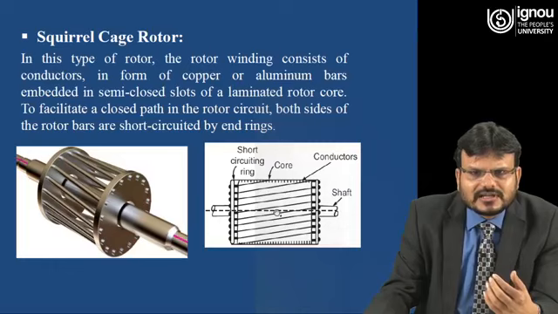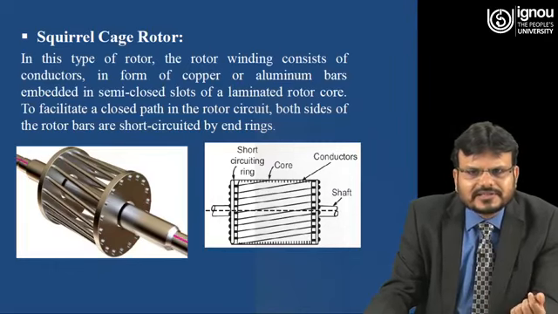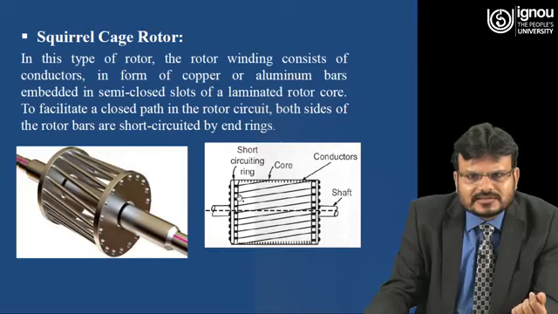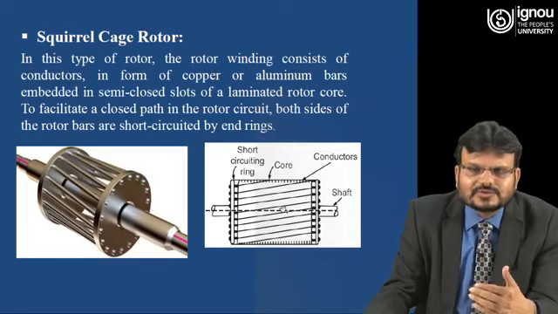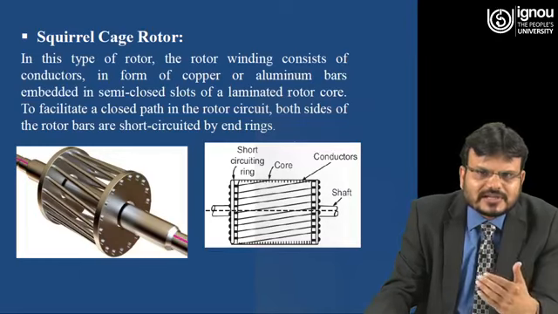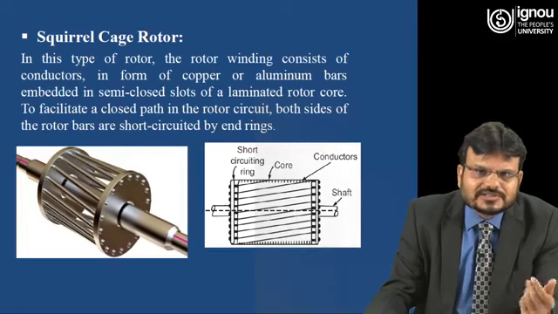Here you can see the other view of how these conductors are connected. You can see this one is a stator and these slanting lines are basically conductors. Here you can see these conductors are not placed along the shaft. If they are not placed along the shaft, it is basically called skewing. What is the advantage of the skewing? It will be discussed.